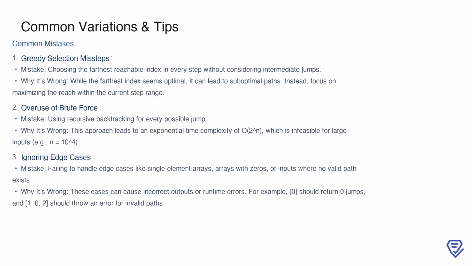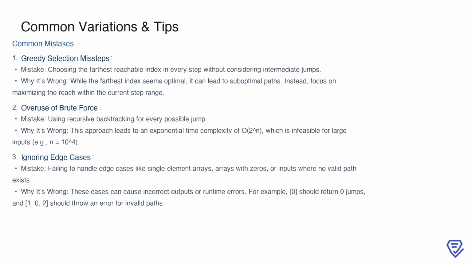When solving Jump Game 2, there are a few common mistakes that can make your solution inefficient or incorrect. First, one frequent error is assuming that selecting the farthest reachable index at every step is always the best move. While it might seem optimal, this greedy choice can lead to suboptimal paths, as it doesn't account for maximizing the reach within the current step range. Instead, it's better to evaluate all possible jumps within the range and choose the one that extends your reach the